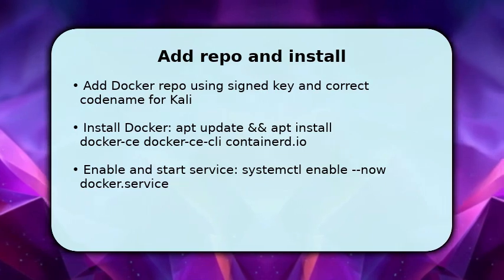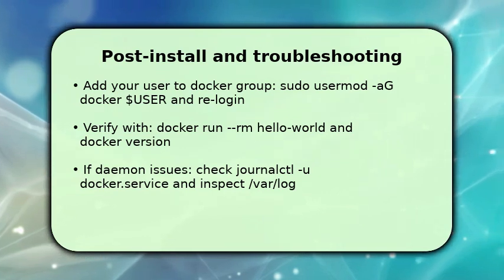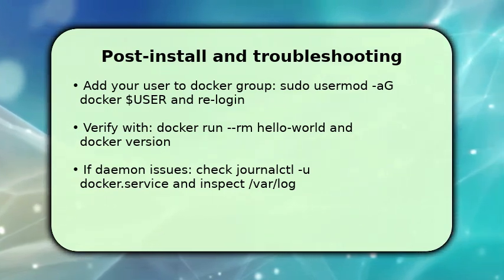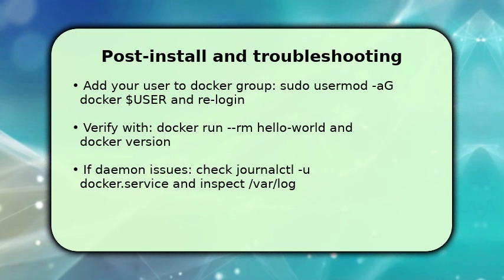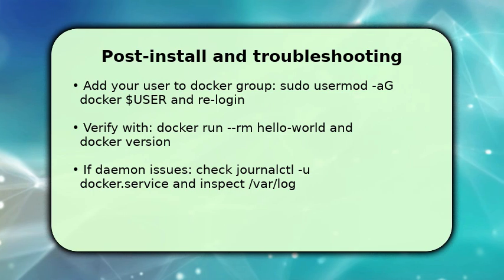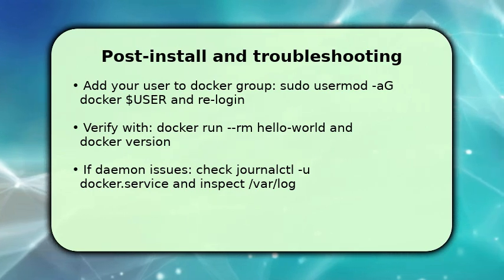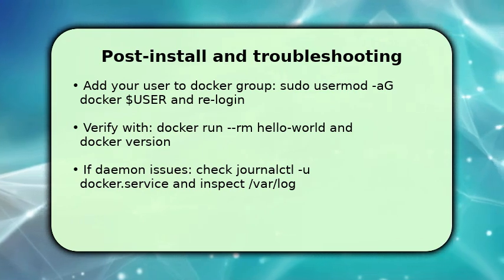You finish by adding yourself to the docker group with sudo usermod -aG docker $USER so you can run Docker without sudo, then log out and back in to apply the group change. Next, verify the install by running docker run --rm hello-world and docker version to confirm the client and server talk. If Docker fails to start, inspect the daemon with journalctl -u docker.service